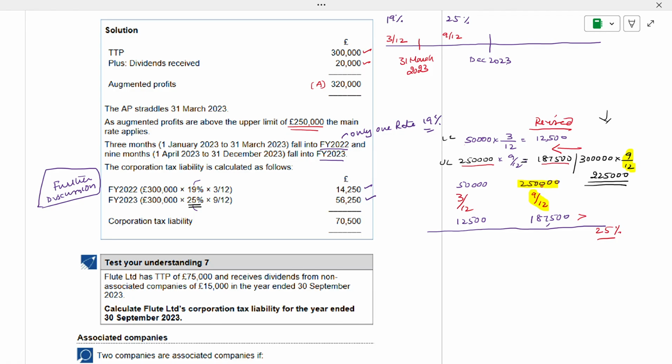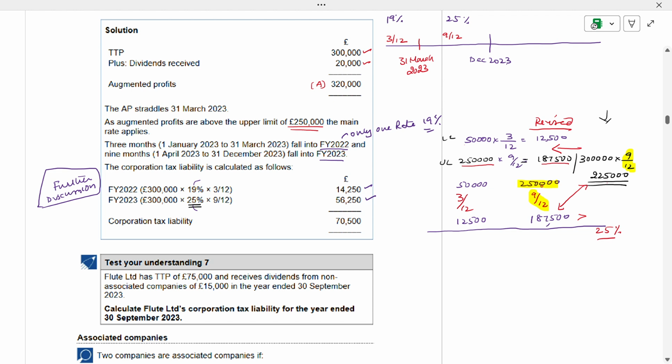Yes. So 300,000 into 9 by 12 is 225,000. So when it is 225,000, it is coming between the lower limit of 50,000 and the upper limit of 250,000. So according to what they have given, we have